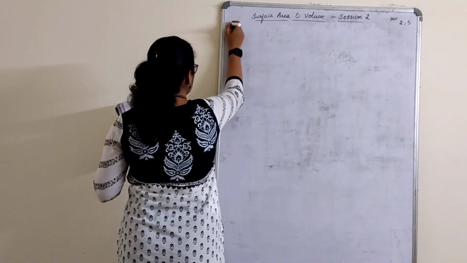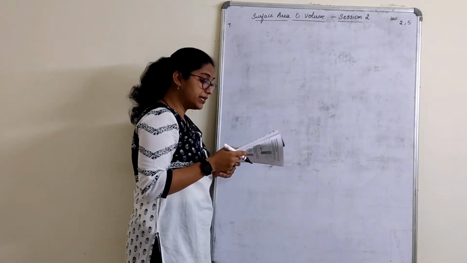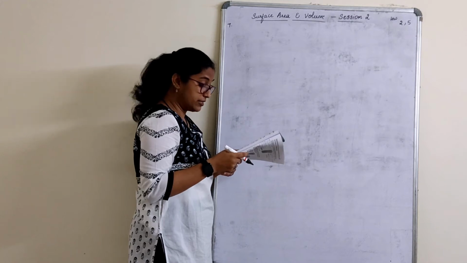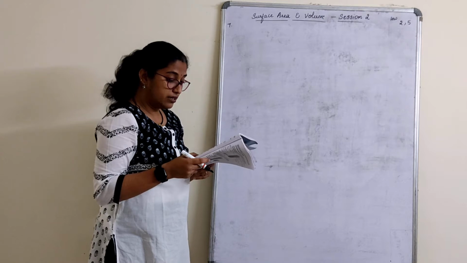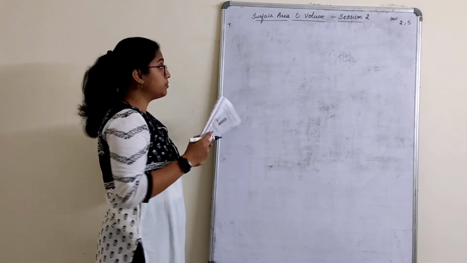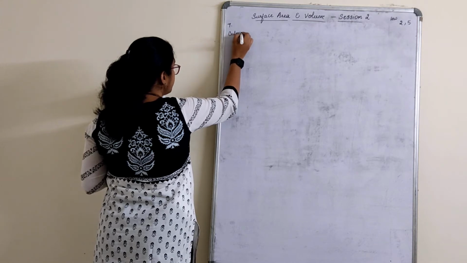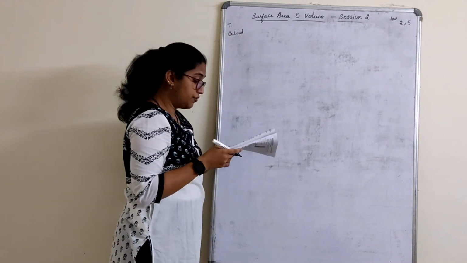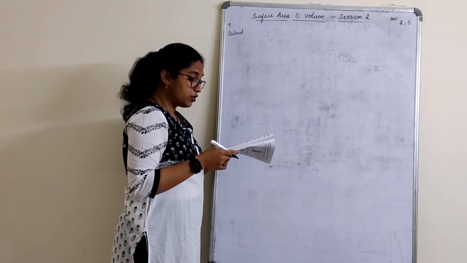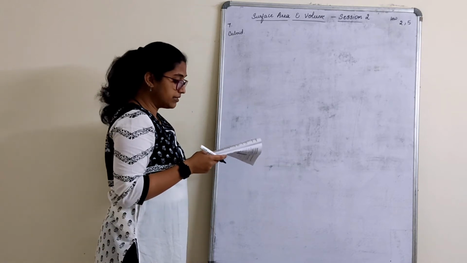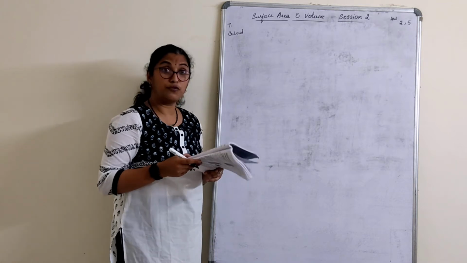Quite a big sum it is. 7th one. Shanti Sweet Stall was placing an order for making cardboard boxes for packing their sweets. Two size boxes were required, the bigger box of given dimensions and a smaller box of given dimensions. So there are two cuboids. For all overlaps, 5% of the total area is required extra. If the cost of the cardboard is 4 for 100 centimeters square, find the cost of the cardboard required for supplying such 250 boxes of each kind.